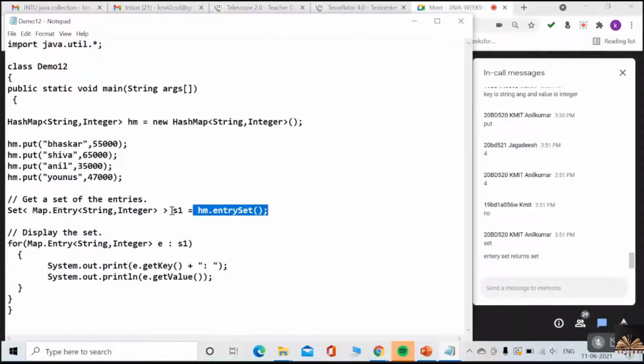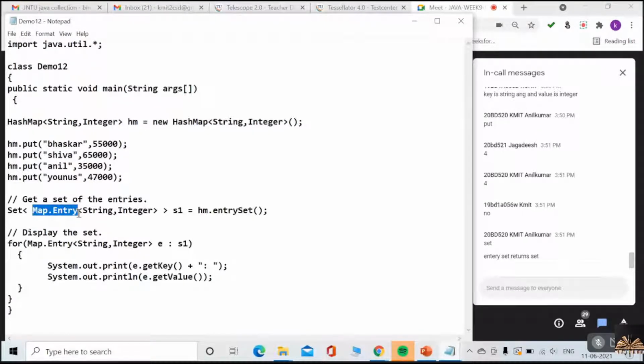And S1 is a set reference to whichever map I just converted to a set. S1 is pointing to that set. That is the reference. And I'm even adding generics to this, as I'm telling the type of the set. The type of the set is Map dot Entry. That means it gives the entry of your map.